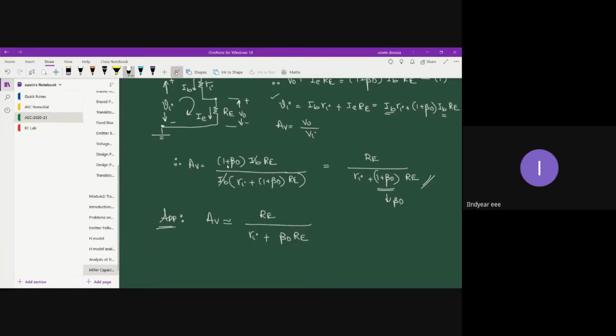Okay, so here also, right? This is also beta D into RE. I'm so sorry, this is 1 plus beta D into RE. I think I missed out this term. Okay, so 1 plus beta d, we can write it as,